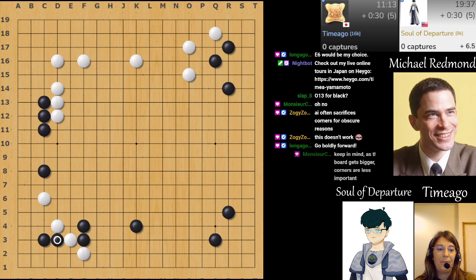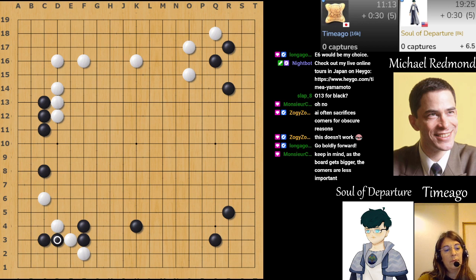Trying to see if I could get away with playing c4. It looks at least a little bit natural to connect, since there's two cutting points. I'm sort of trying to figure out. Well, let's see. If c4 e2, I'm not sure. I don't think I really like that. If I'm cut at e4,